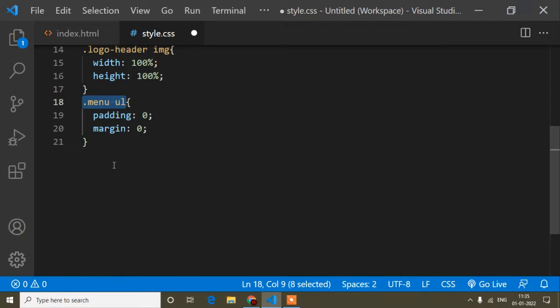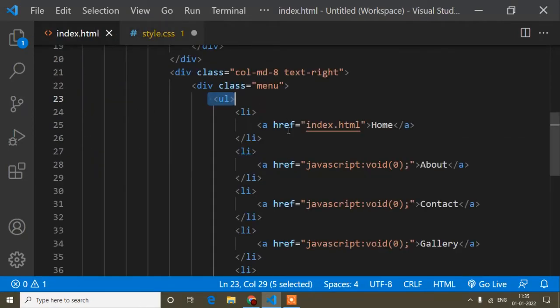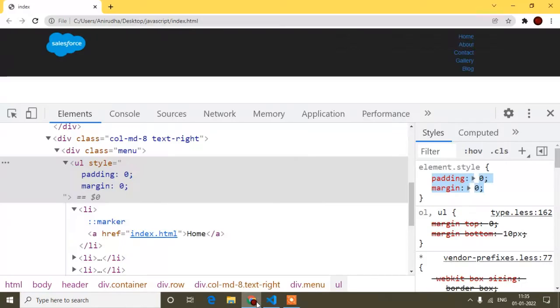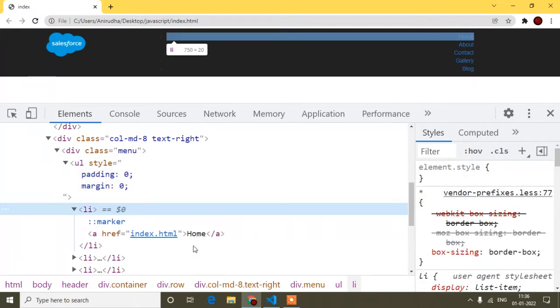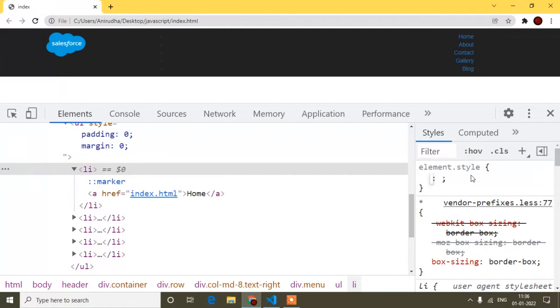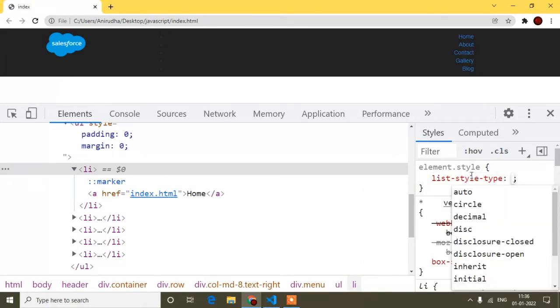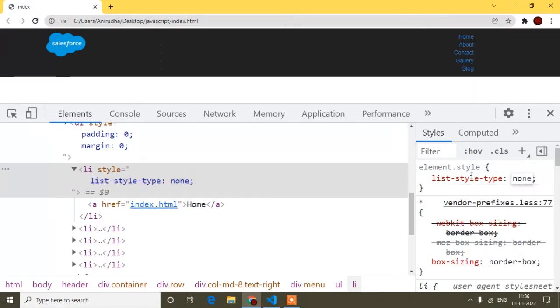Now I will come to the li tag because after this UL tag there is the li tag. Okay, so now here you can see some dot by default because inside this li tag there is some dot, so I don't need that dot. So what I will do here, I will write list-style-type, because this dot comes from this one. So I will write list-style-type none.